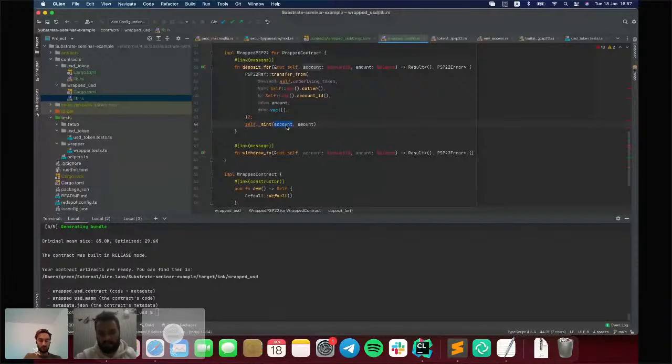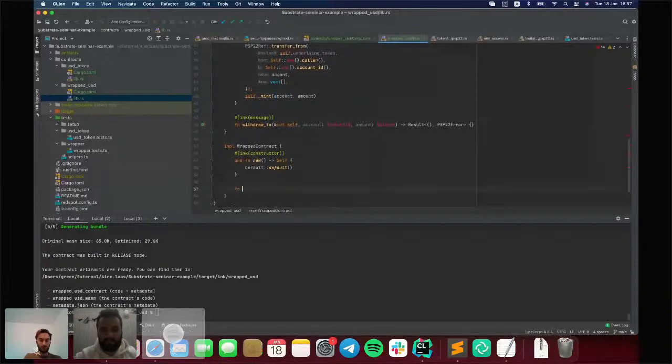Okay, let's create an internal function. Let's call it wrapped. It will return a reference for PSP22 ref.